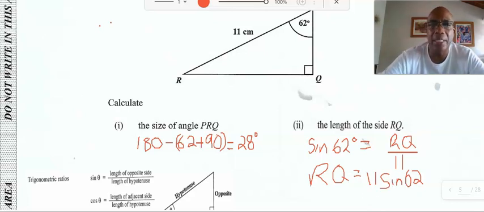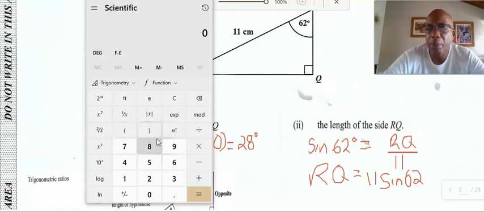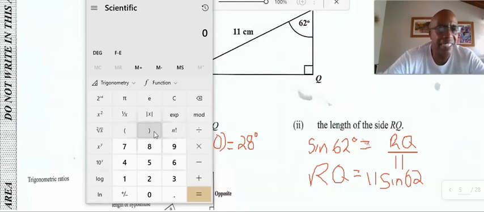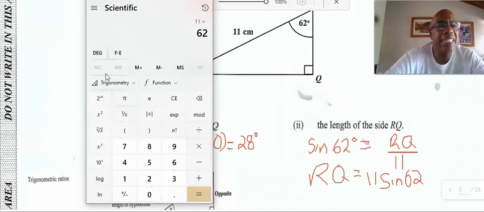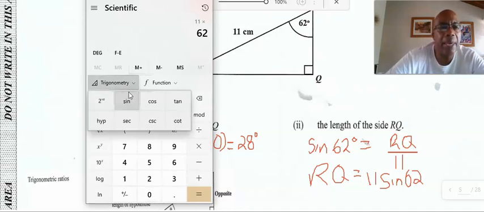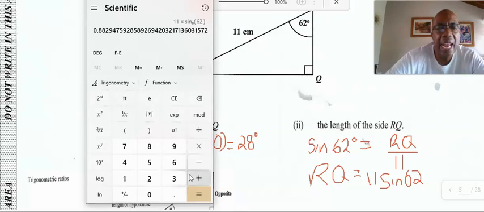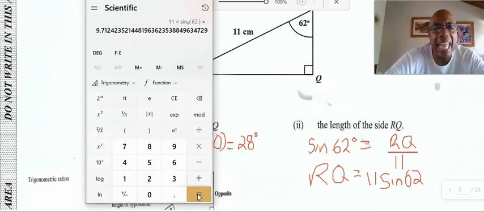Calculators have slight differences, so the way I'm doing it on my calculator may not be exactly the same way you do it on yours. I have 11 multiplied by, I'll press the 62 and the sine button for me, which is up here, equals. And we get the answer as